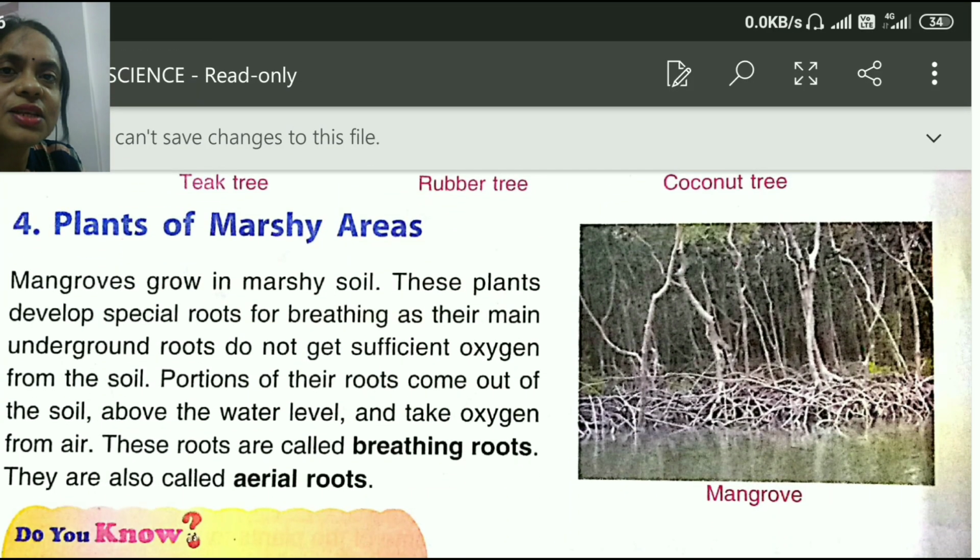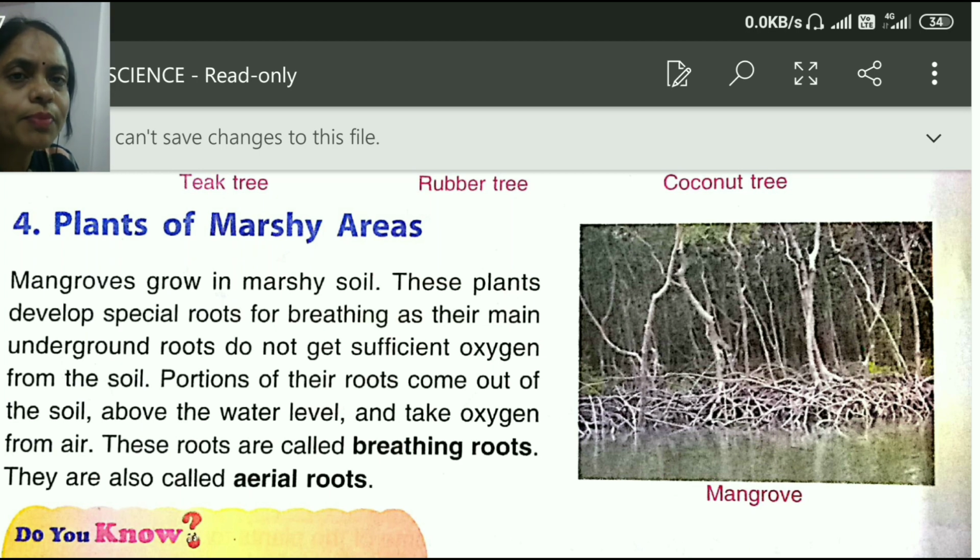Now this is a well known plant. I hope in the previous chapter you have learned about the marshy area tree, and that tree is known as mangrove. You learned about it in the chapter on roots, the fibrous roots, and there you also learned about these mangrove trees.